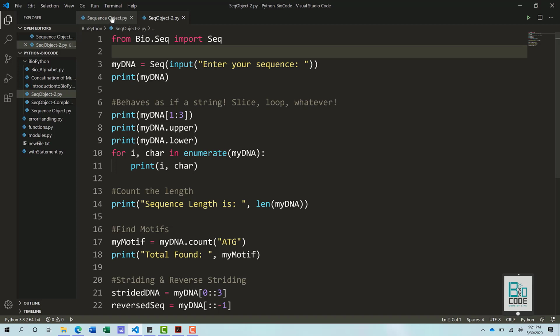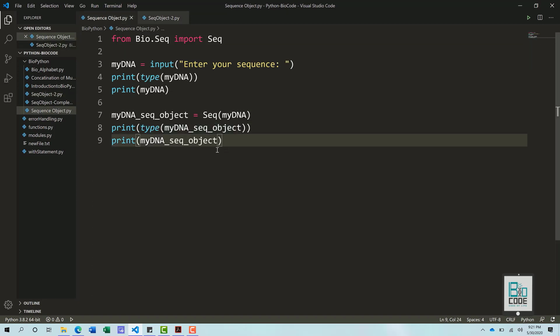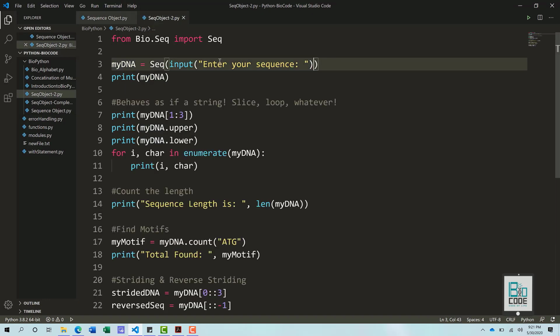Rather than storing the input in a variable and then passing that variable, as in the previous video, we pass the input directly to the sequence object and store it as a variable named my DNA, and then we print that out.